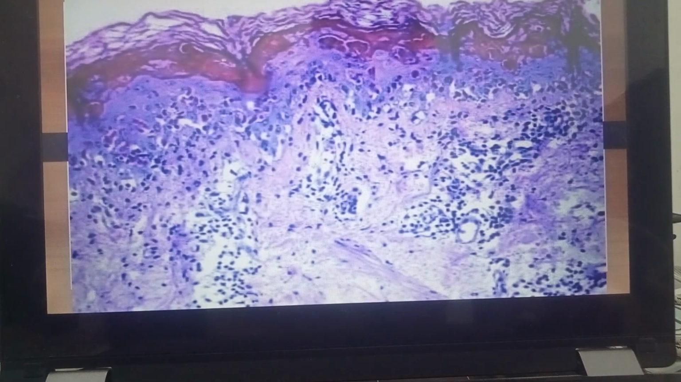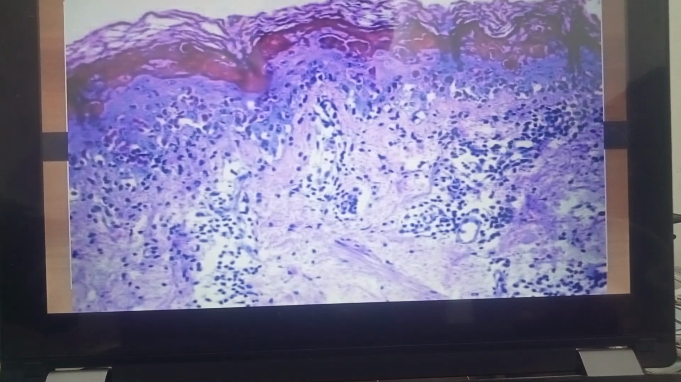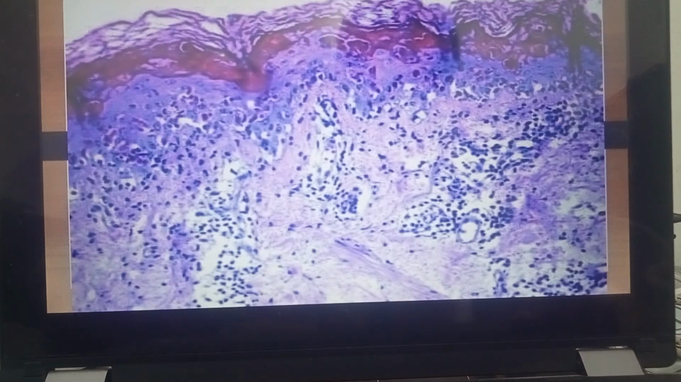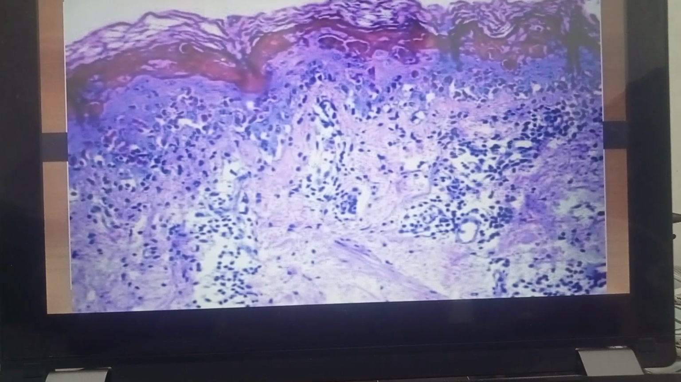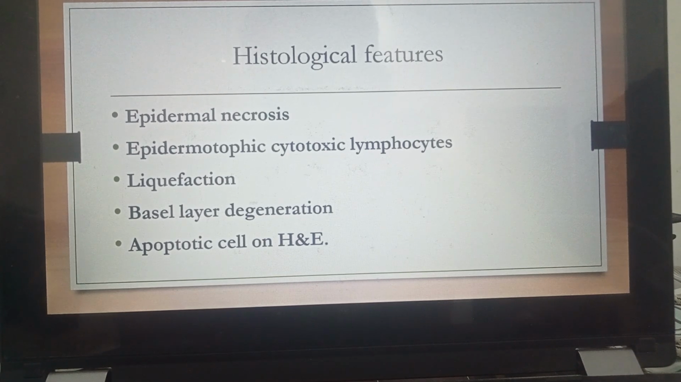This picture describes the histology of erythema multiforme. You can see the upper outermost epithelial cells, there is necrosis in the outermost layer. Liquefaction has also been noted. There is also necrosis of the basement membrane zone area. Histological features: here you can see epidermal necrosis, dermatotropic cytotoxic lymphocytes, liquefaction, basal cell degeneration, and apoptotic cells,